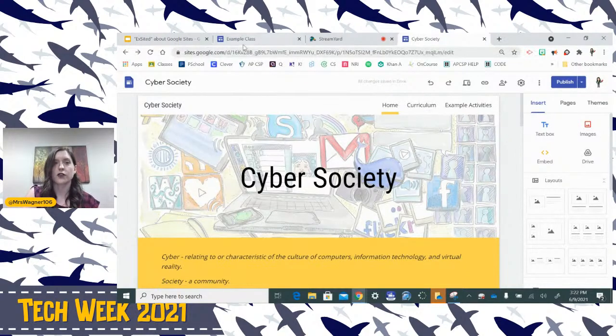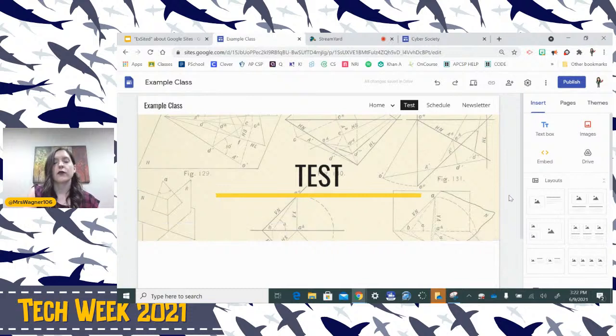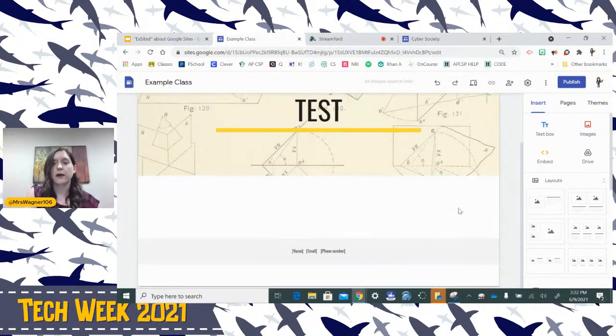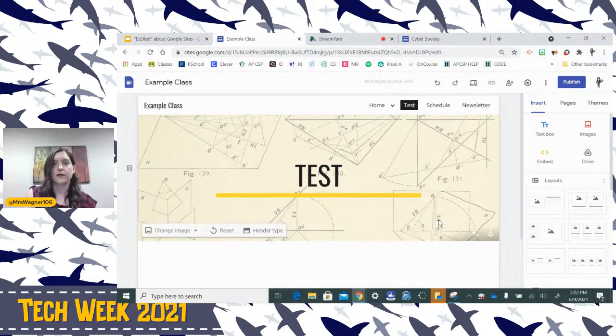I feel like I went a little off track there. So if we go back to the test page, you can embed your Google Forms here. Now, combining the Google Forms with the idea of sharing information with parents, you can embed Google Forms to get information from your parents throughout the school year. You just, again, have to change the settings on your Google Forms to make sure that someone doesn't have to be logged into Livingston Parish Public Schools to fill out your form.